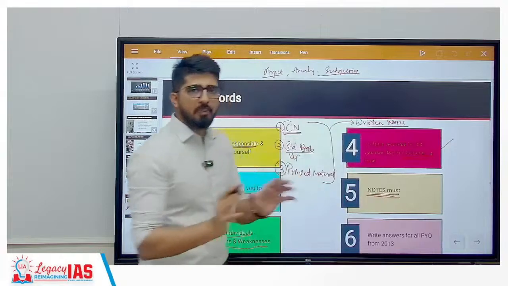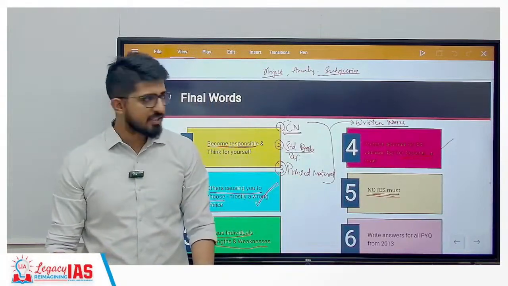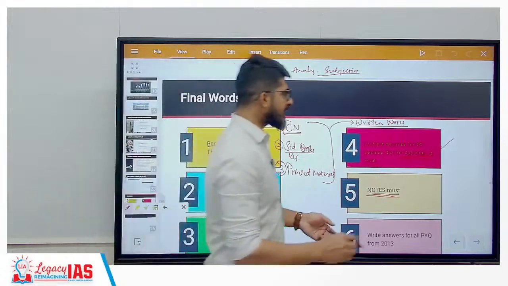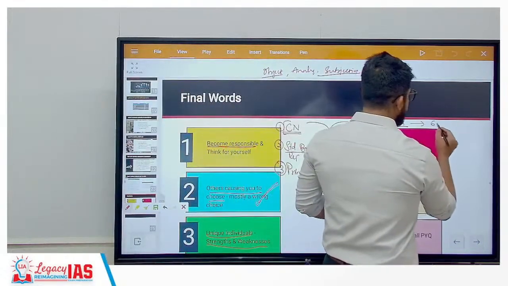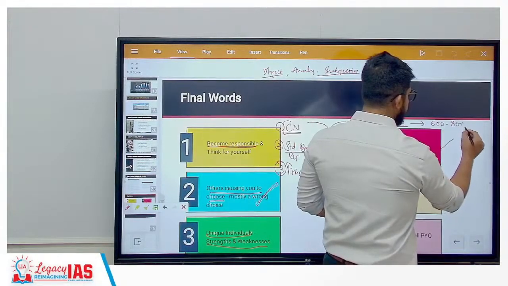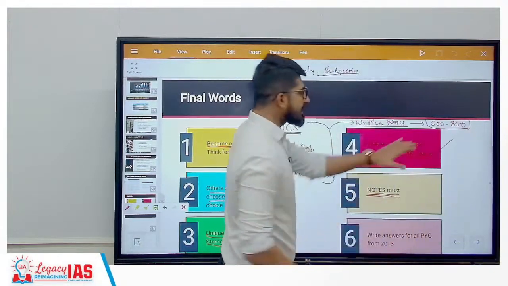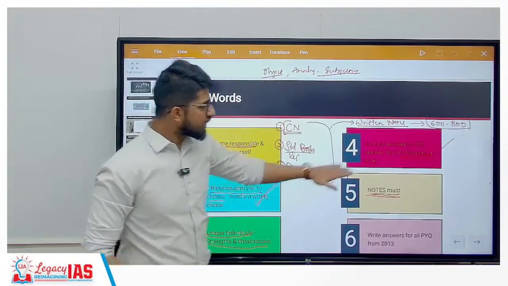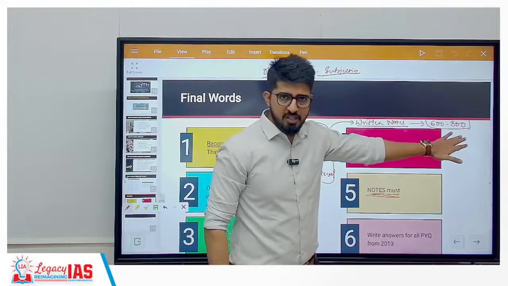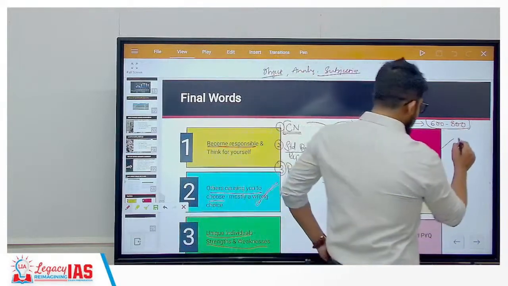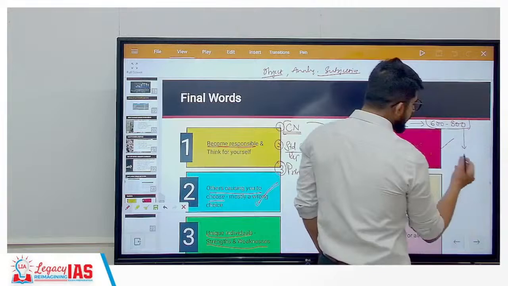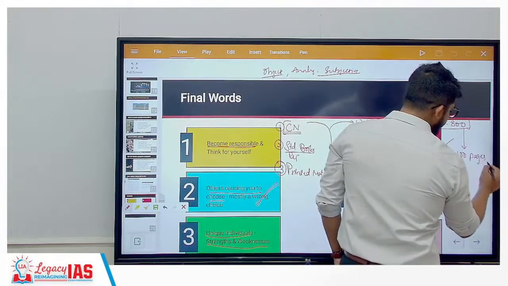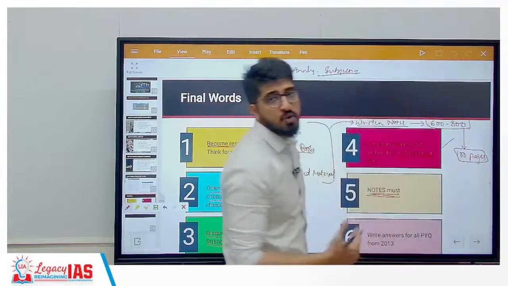For every topic, if you are able to achieve this, every optional, it doesn't matter which optional, will run into a range of somewhere around 600 to 800 pages of notes. Now, this is your master copy. You need not go through these books again. Now, you are supposed to summarize these 600 to 800 pages into, let's say, 100 pages. Make short notes of it.